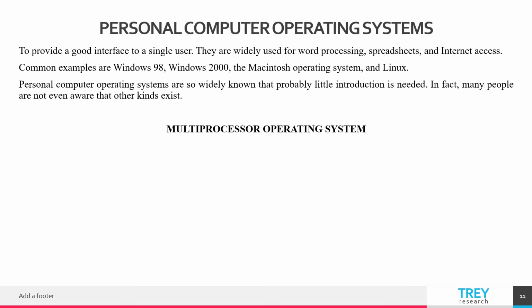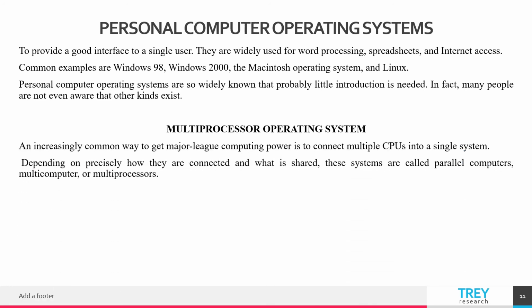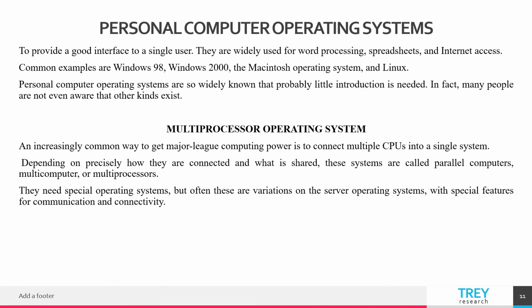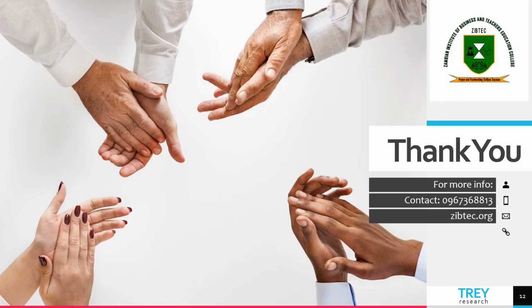We've also got what we call the multiprocessor operating system. An increasingly common way to get major computing power is to connect multiple CPUs into a single system, depending on precisely how they are connected and what is shared. These systems are called parallel computers, multi-computers, or multiprocessor computers. They need special operating systems, but often these are variations on the same operating systems with special features for communication and connectivity. Okay, so this marks the end of